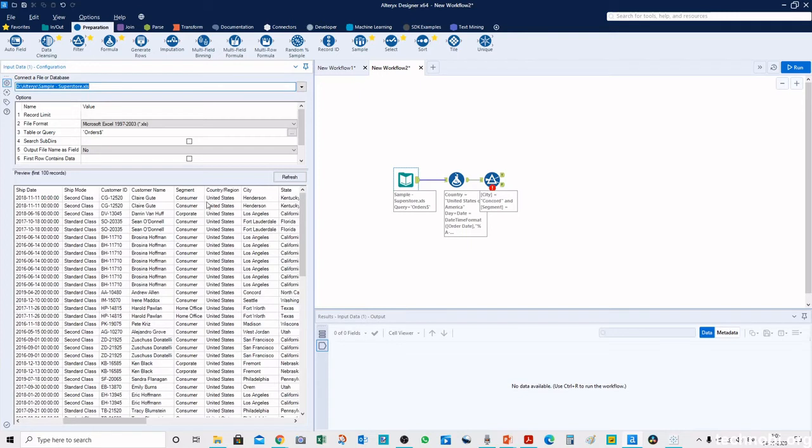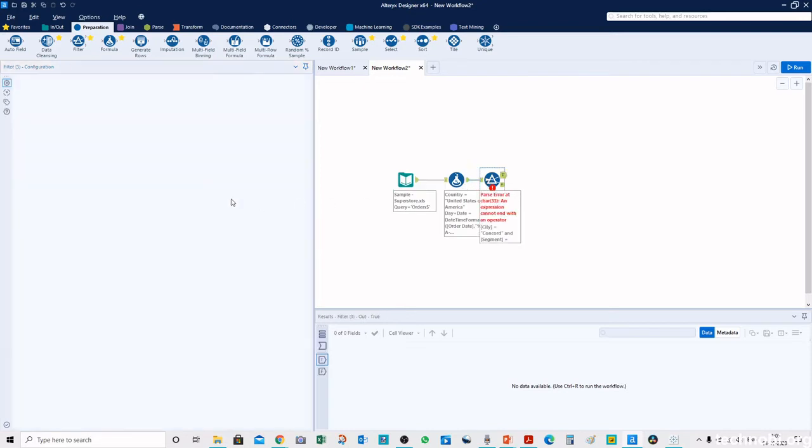Under segment we have consumer, corporate, home office. So let's take segment as consumer, and let's add another condition.